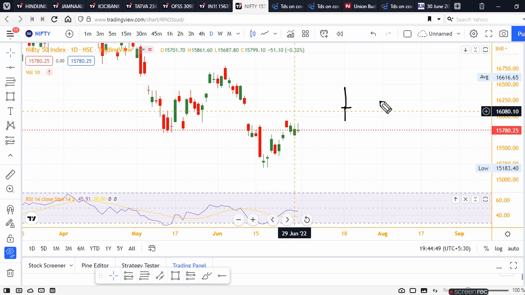For the people who don't know what this candle means, it means the price opened over here, closed over here. It went up, it was sent down by the bears. It went down, it was sent up by the bulls. What does this show? This shows the fight. They don't know where to go.